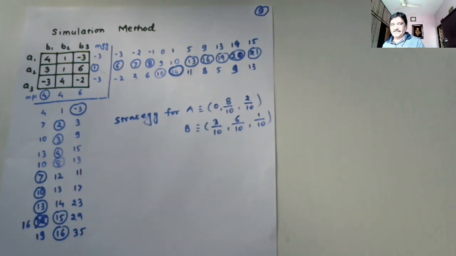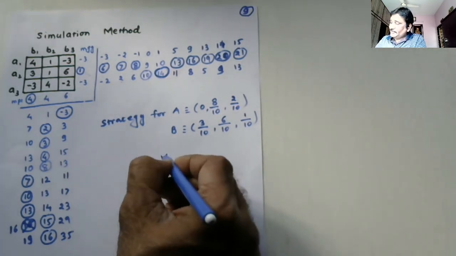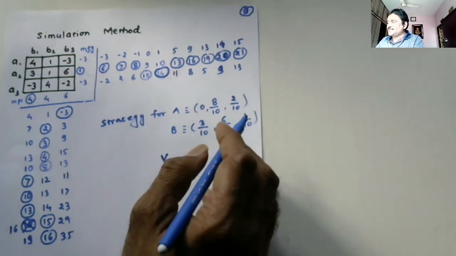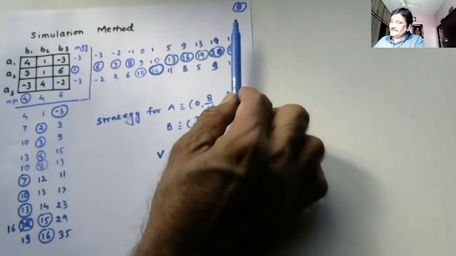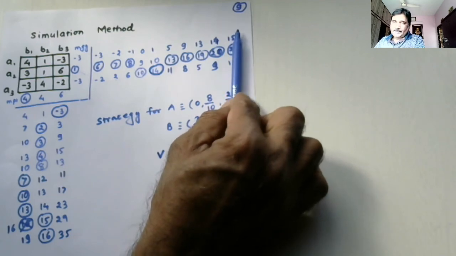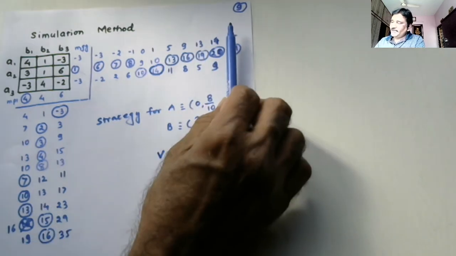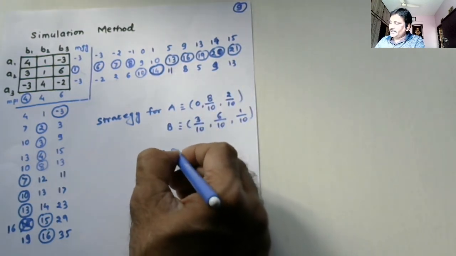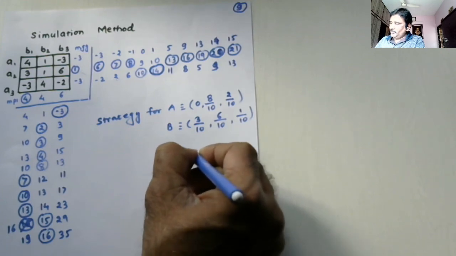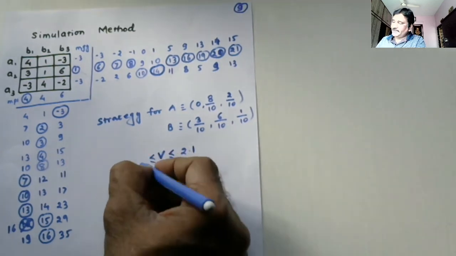For getting reliable results, you have to play it something like 1,000 times, 10,000 times or so. Okay, what is game value? Game value, as we say, is the average winning or losing over a long number of plays. After playing 10 times, A is winning 21, and B is losing 16. So the average winning for player A is 21 divided by 10, 2.1, and the average losing for player B is 16 divided by 10, 1.6.